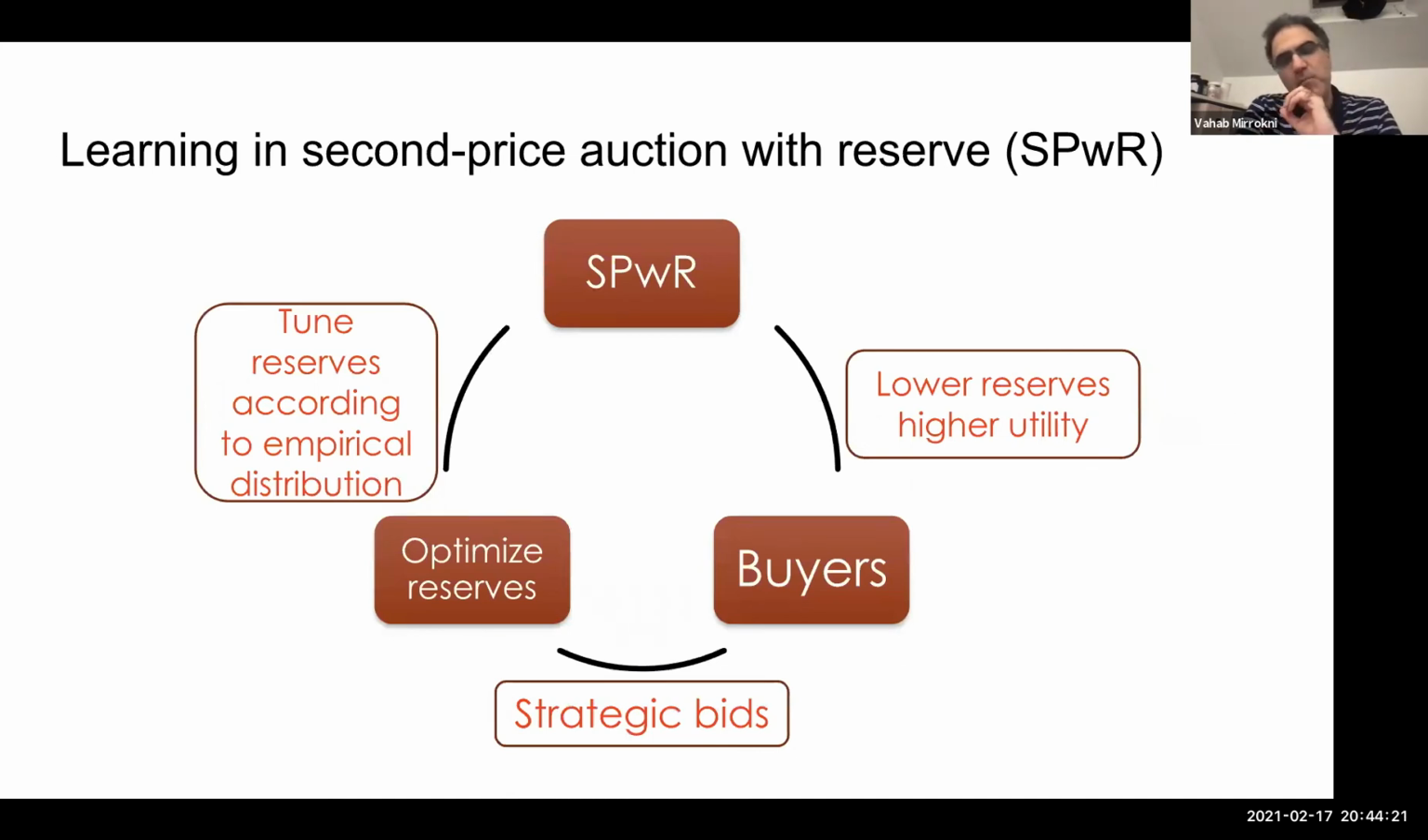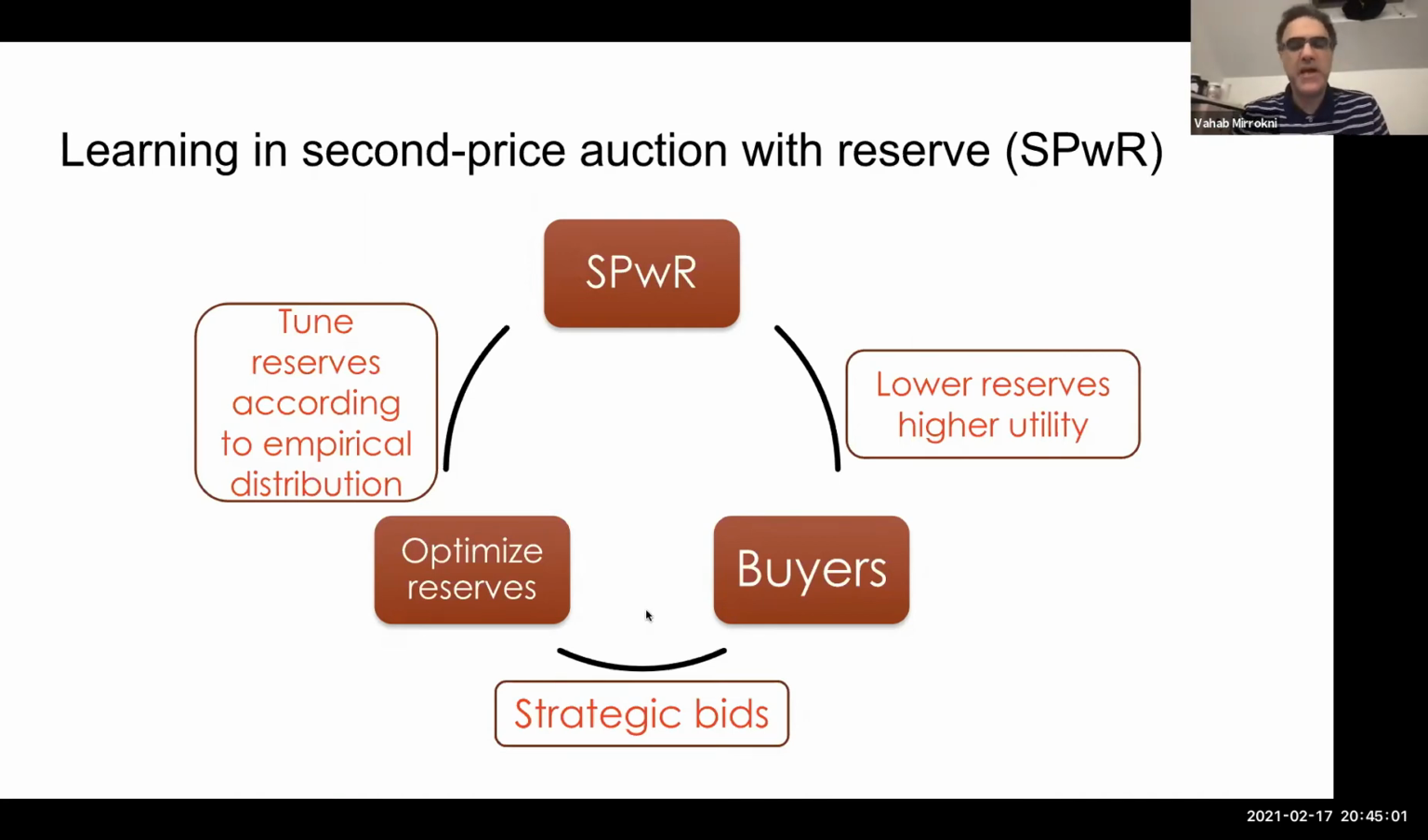A simple problem to communicate the gist of the main idea would be the problem of learning prices or reserves in a second price auction with reserve. That's what we call SPWR, second price auction with reserve. So imagine a seller who is running a second price auction with reserve against a number of buyers. And if the seller is using historical bids, or the empirical distribution of the bids from buyers, to determine a reserve price,